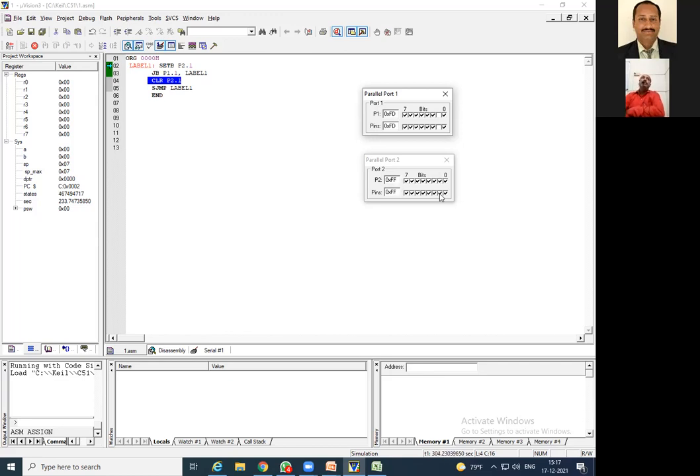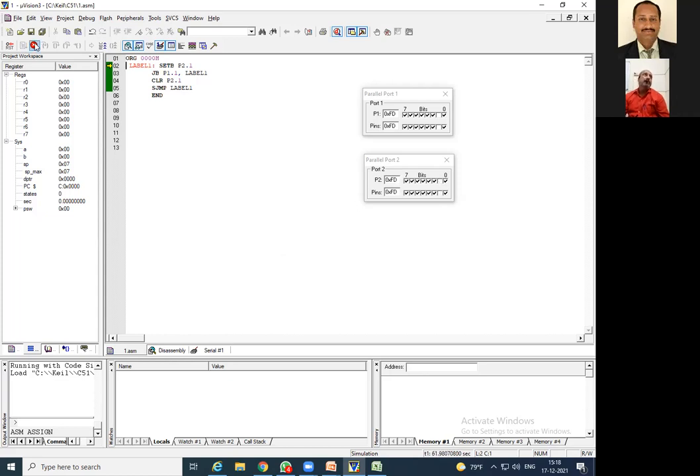Why is it so? Because we have added an infinite loop, SJMP level 1, and due to that this on-off is going to start over here. So I will stop this execution. It will get reset when you click on reset. Once again, check when I click, making P1.1 0. For that, I am supposed to run the program, so that step also we must not forget. You can observe that P2.1, that pin, is also going to be made on and off.